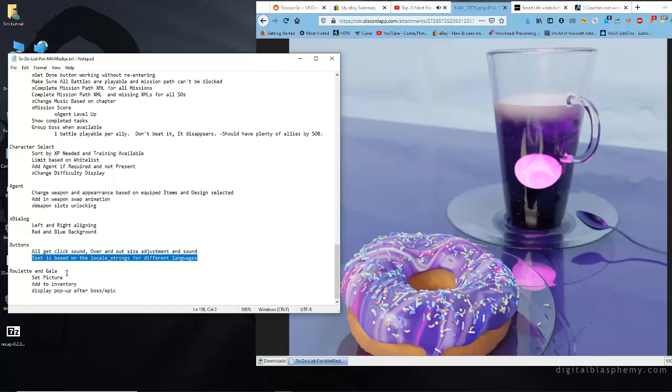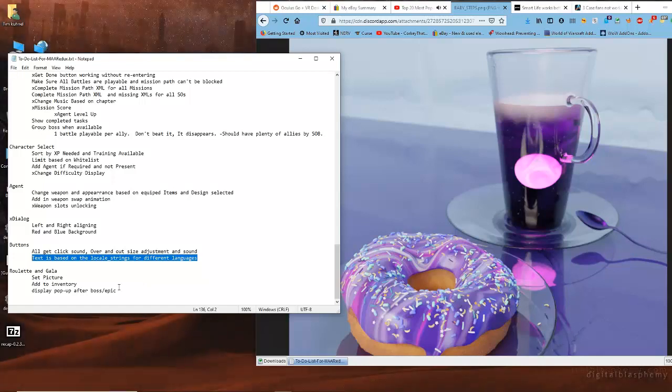The roulettes and the galas, which is short for the gallery, that is, you know, the 9 boxes and everything. Setting the pictures for those, adding it to inventory when you win the item, and displaying a pop-up after a boss or epic that gives you, of course, the roulette.